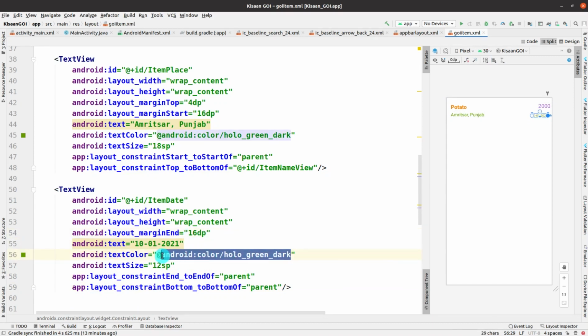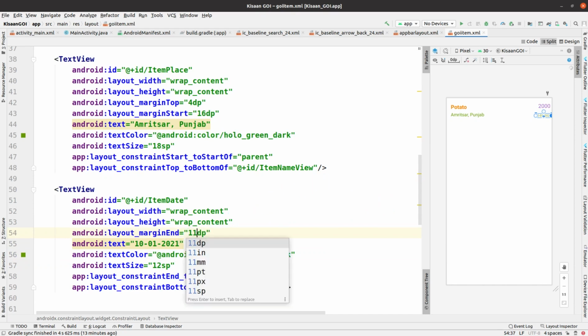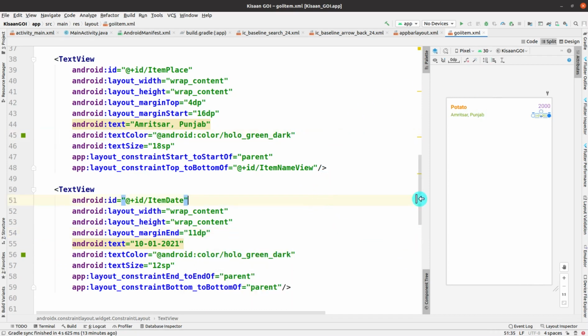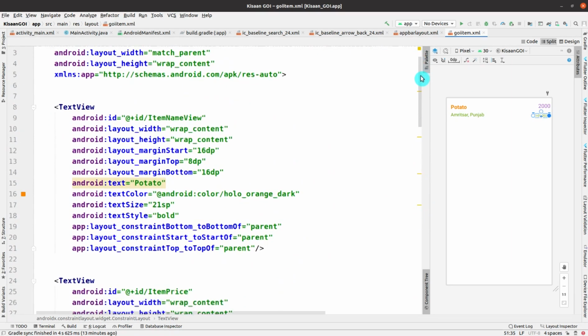But I have to change the color of this text. Okay, so let me change it and make it that gray. Okay, so not green, I don't need green color here, I just need the gray color. So let me see where it appears. First of all, change the margin so that it looks good. Okay, make it 11, that is quite good. Okay, so the color is also good.